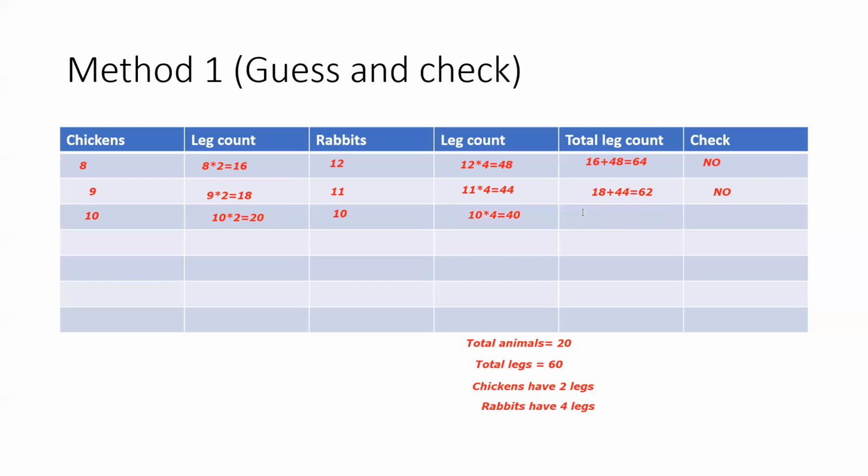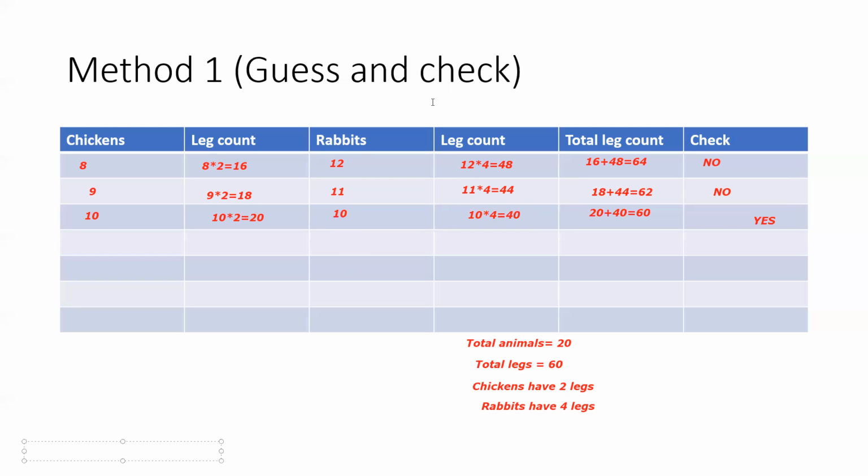All right, total leg count: 20 plus 40 will give us 60. So it's correct. So yes, hooray, we got the answer. Basically, chicken and rabbit questions can be solved using two methods. One, guess and check. And next,